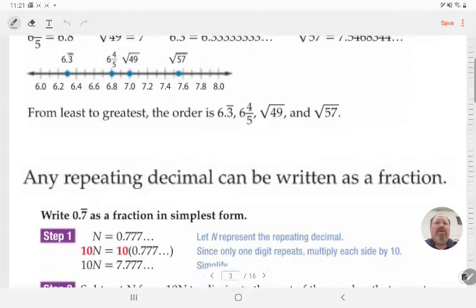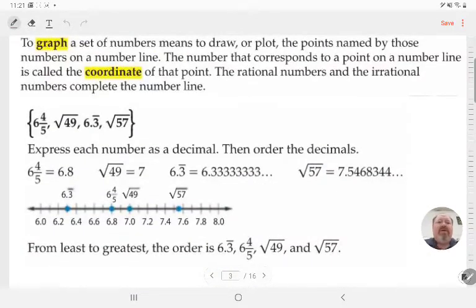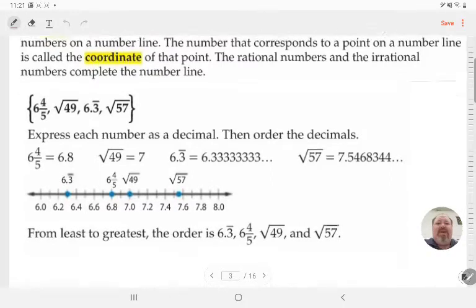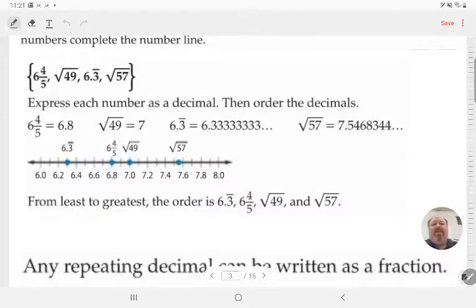All right, so let's take a look at some of that. To graph a set of numbers means to draw or plot the points named by those numbers on a number line. The numbers that correspond to a point on the number line is called a coordinate of the point, and rational numbers and irrational numbers can complete the number line. So for example, if you're asked to put these numbers